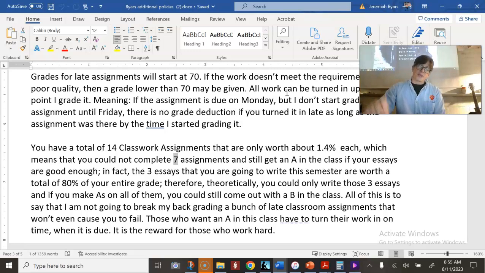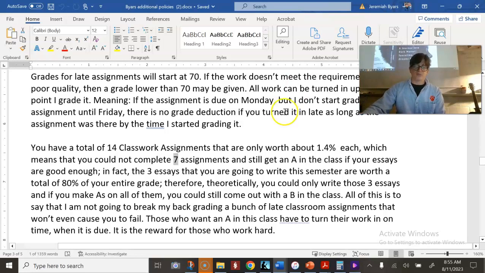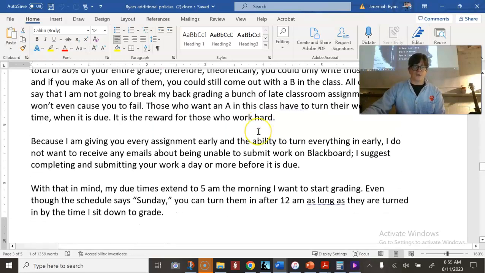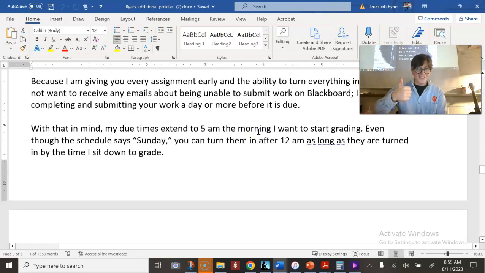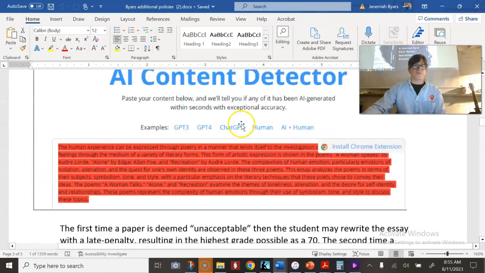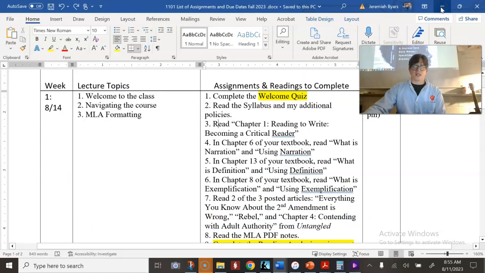So theoretically, you can turn every single assignment in late as long as you turn it in, get full credit for it, and get a 70 in the class and still move on to 1102. Way to go. Yay. Okay. Moving on because I don't want to have too long of a lecture today.